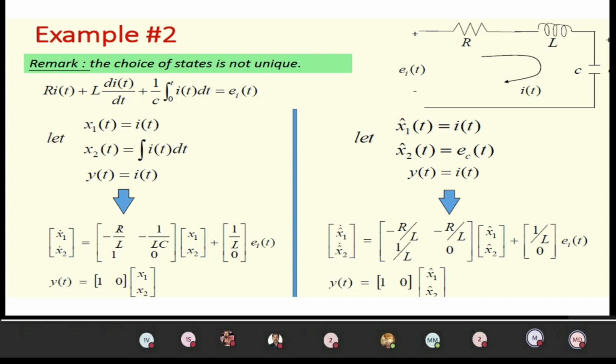Whenever the differential equation is given like this, we have to assign the minimum state variables. How to assign them: if a differential equation is given, its output variable is considered as the first state variable. So x1 is equal to c, and the next state variable is chosen as the differentiation of the previous state variable, which is c dot. And then the last one is c triple dot.